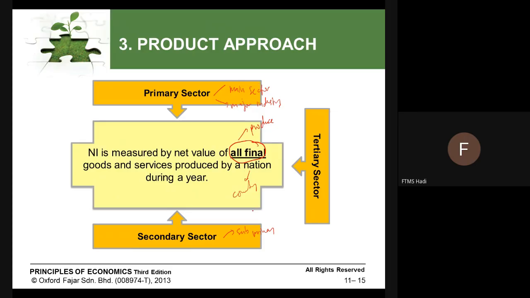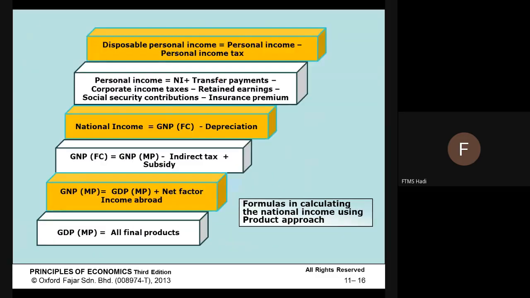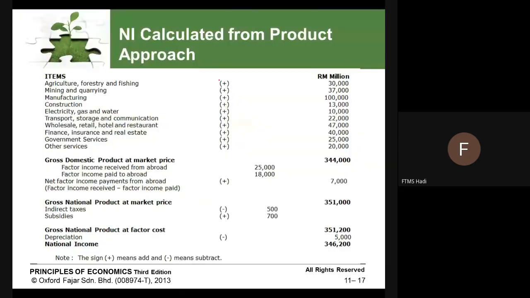Tertiary sector is far smaller than that, far smaller than secondary sector. In other words, primary sector, secondary sector, and tertiary sector is more on businesses and industry. Okay, the more sector that they have, the more the national income will be very good. Okay, so all final products, and then so on. Okay, as you can see here are the items. These are the sectors, industries.